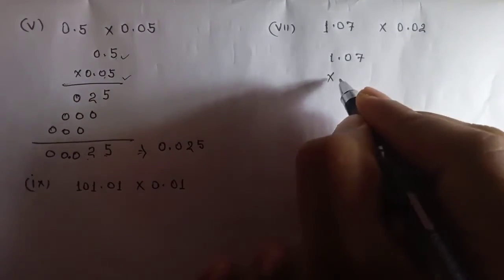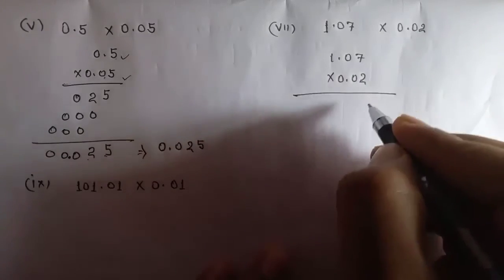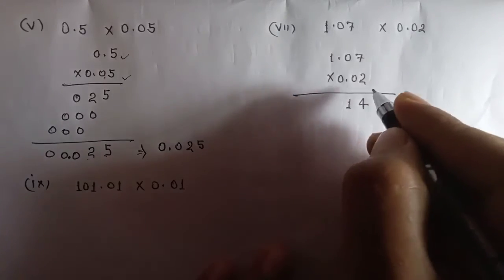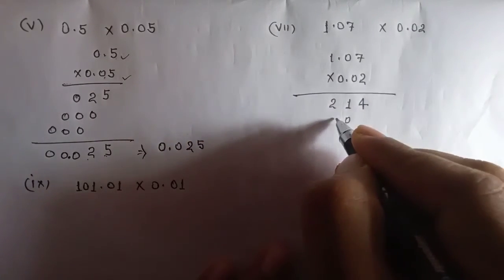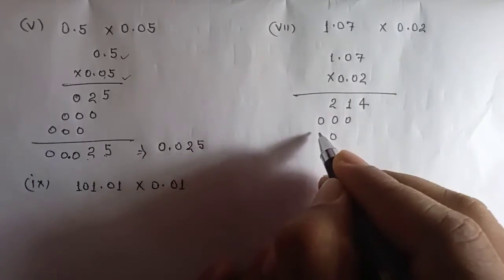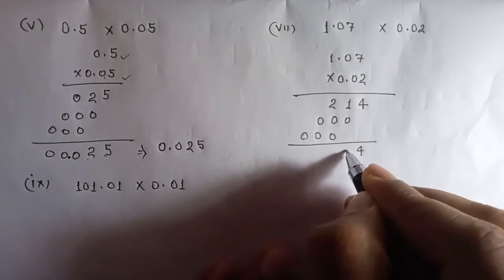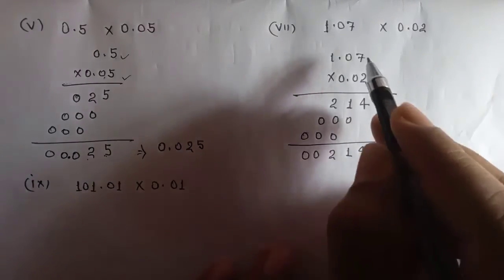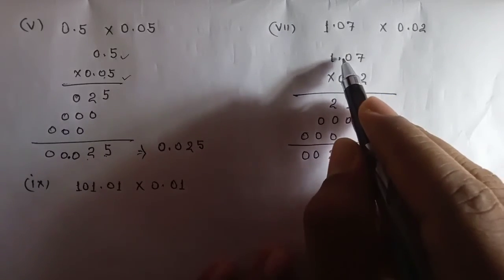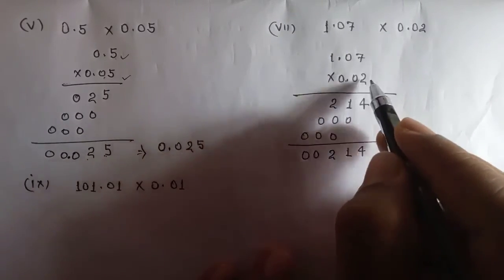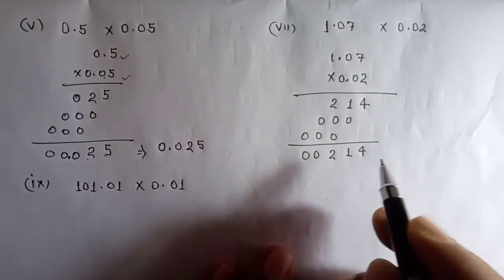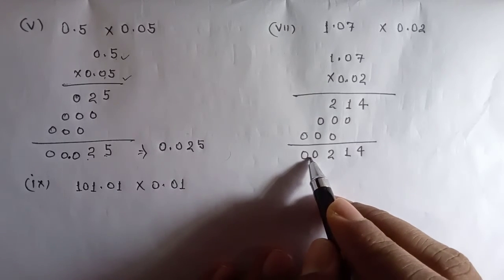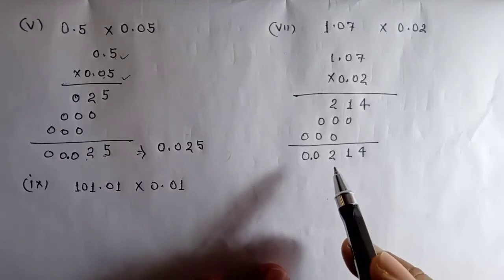When you multiply this, this is 1.07 into 0.02. Multiply this, 2 7s are 14, write 4 carry 1, 2 0s are 0 plus 1, write 1 here, 2 1s are 2. Now it is 0, and again multiply by 0, you get 4 1 2. Add all these numbers, and now you can check there are 4 digits after this decimal point. After this one there are 2, after this one there are 2, total 4 digits are here. Now count from here, 1 2 3 4. Place your decimal point here after counting 4, and this is your answer, 0.0214.